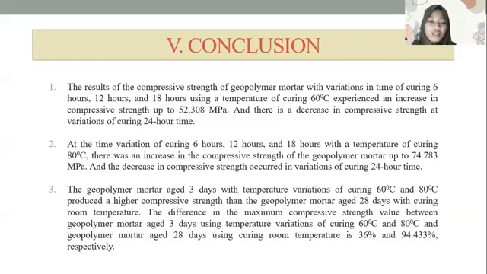The geopolymer mortar at 3 days with temperature variation of curing 60 Celsius degree and 80 Celsius degree produces a higher compressive strength than the geopolymer mortar at 28 days with room temperature curing. The difference in the maximum compressive strength value between geopolymer mortar at 3 days using curing temperature variation of 60 Celsius degree and 80 Celsius degree and geopolymer mortar at 28 days using room temperature curing is 36% and